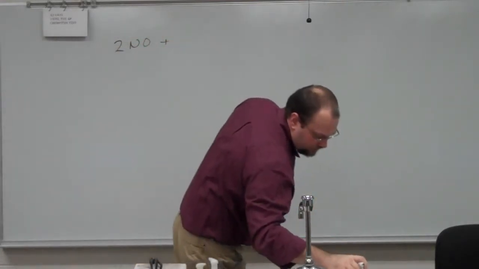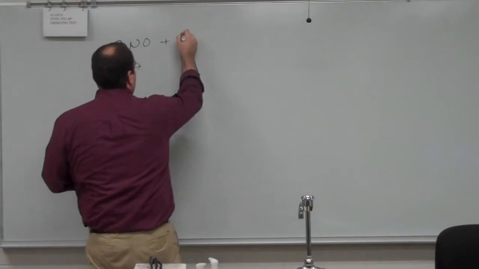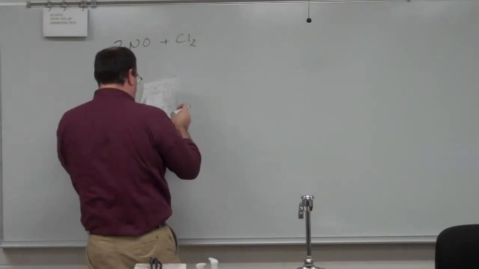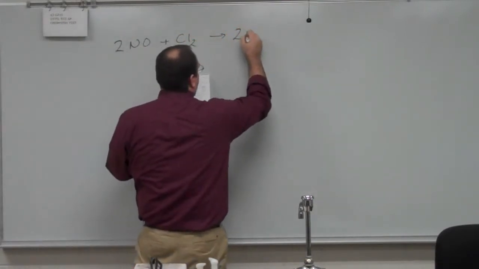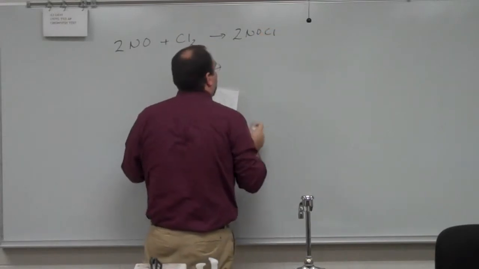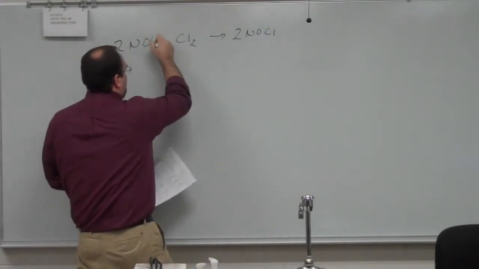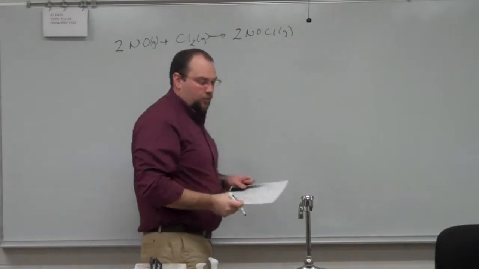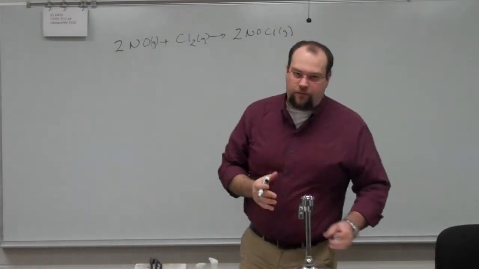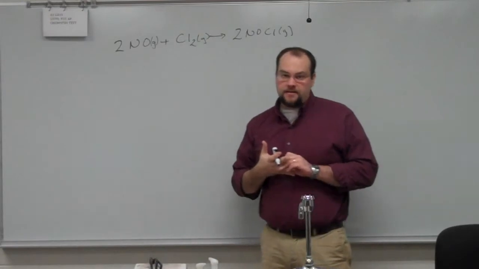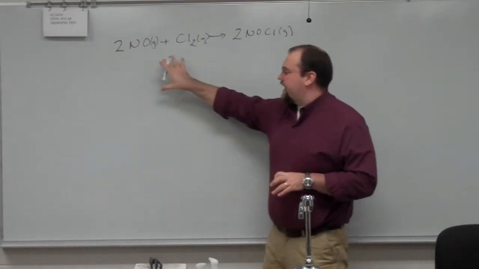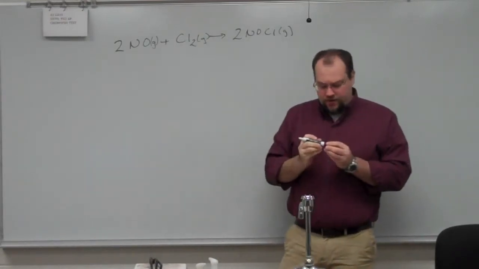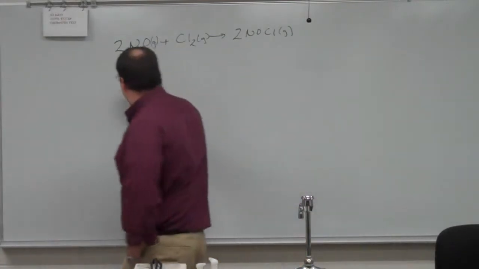plus Cl2 yields 2NOCl. Okay, and these are all gaseous. Now remember, we can only do a rate law for aqueous and gaseous reactants, and it's only for the reactants. So I know that my rate law is going to be the rate